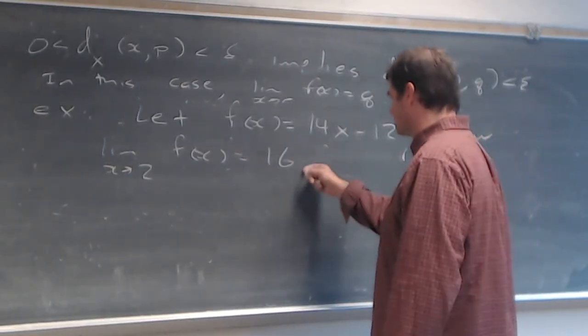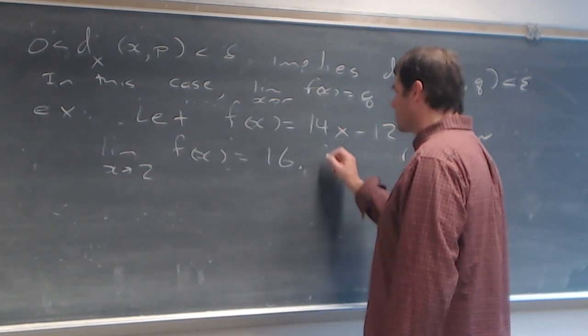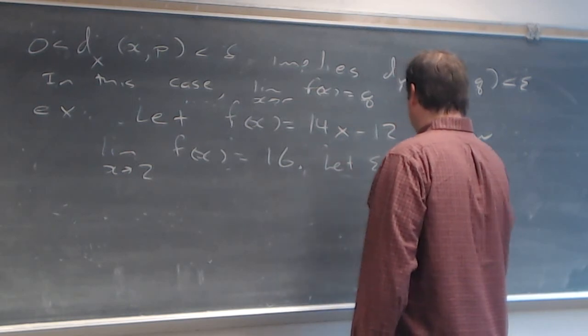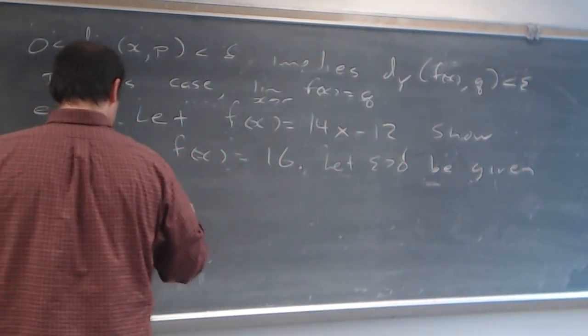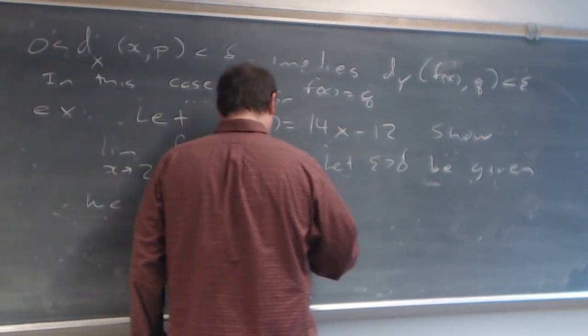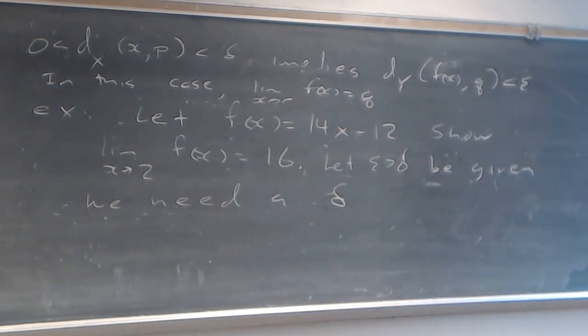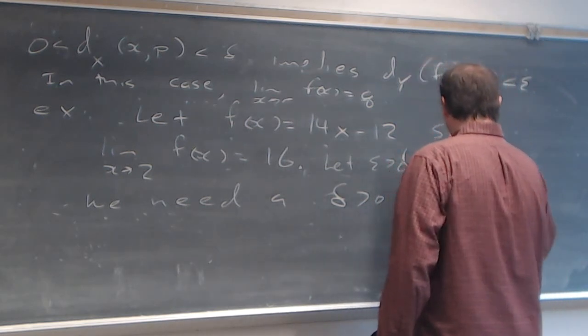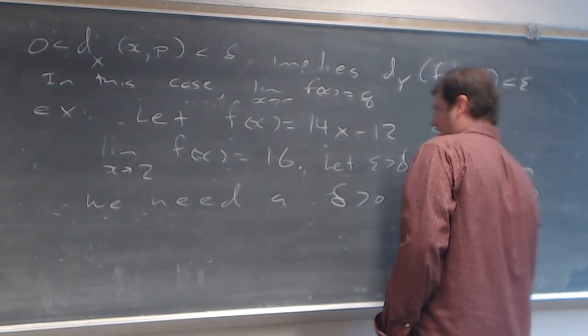So here's what I want. The way we do this is we let epsilon be greater than 0 be given. What we need is this delta. With sequences, we'd be given an epsilon and we needed a big N. Now we're looking for a delta. A delta is a distance. Epsilon's a distance, okay? We need a delta greater than 0, such that for all x element of R, R is our metric space,